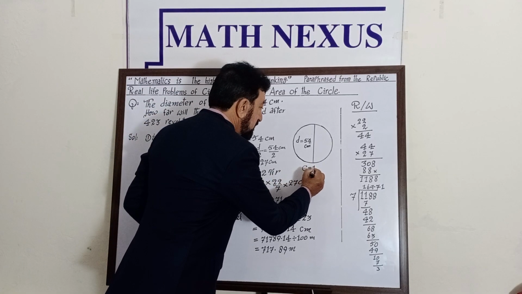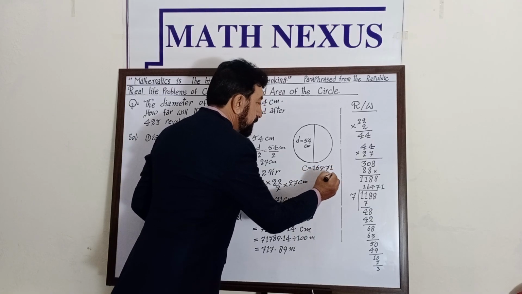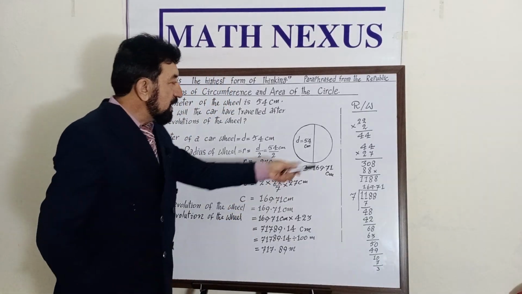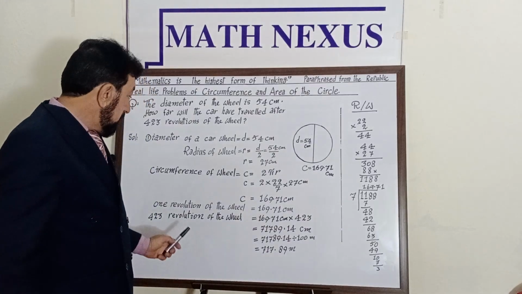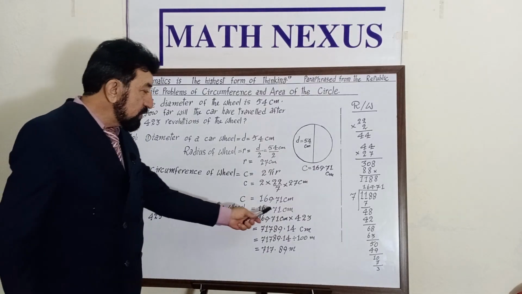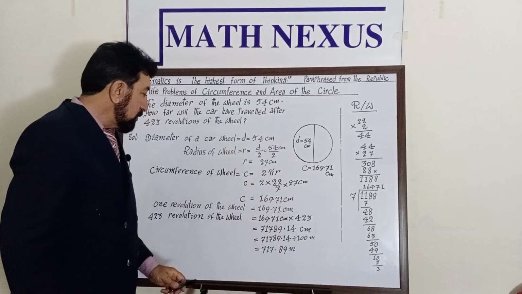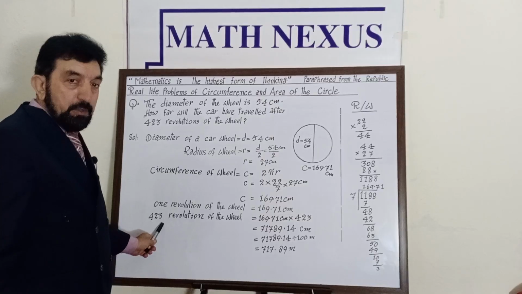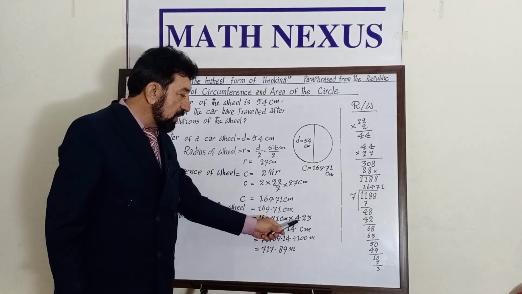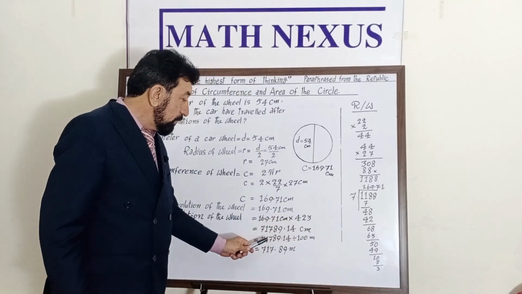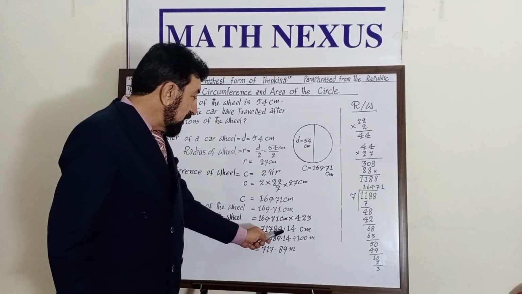Circumference is equal to 169.71 centimeter. It means that the circumference of the wheel is 169.71 centimeter. Now, this is one revolution of the wheel. It means one revolution of the wheel is equal to this amount. Now, 423 revolutions of the wheel is equal to 169.71 centimeter into 423, this is equal to 17,789.14